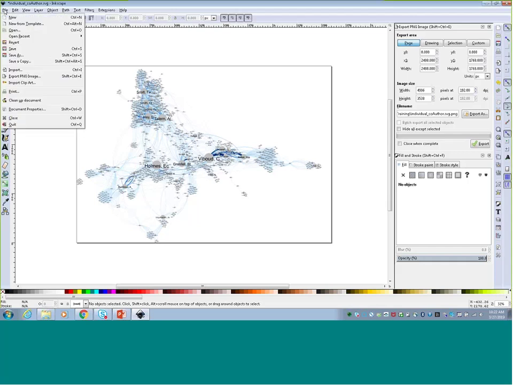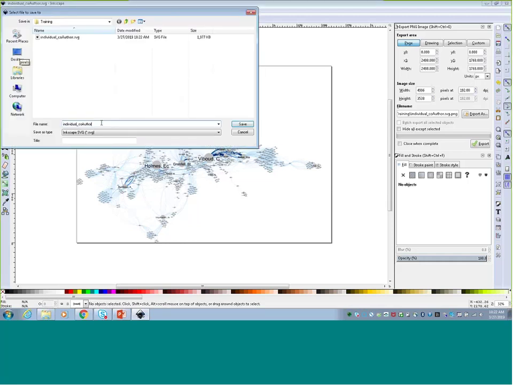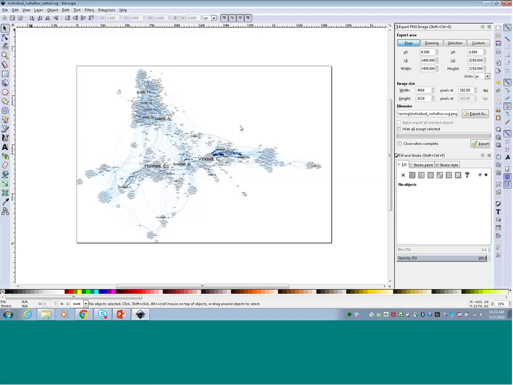So I'm going to save this by going up to File, and then Save. Oh, I just saved over the current version, so I'm actually going to do File Save As. That's all right. And then I'm just going to call this co-author edited. You can call it whatever else you wanted to, but this is just my naming convention. So I'll call it this edited version and save it that way.